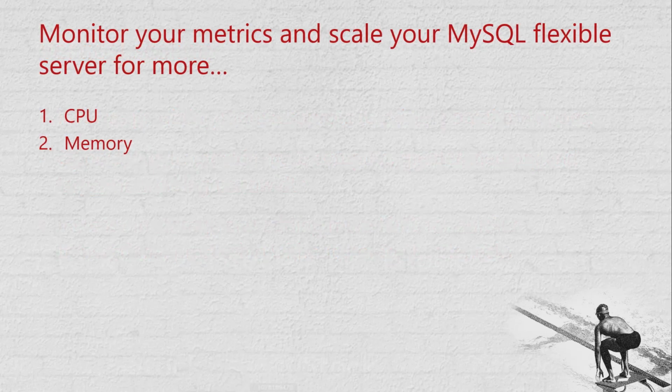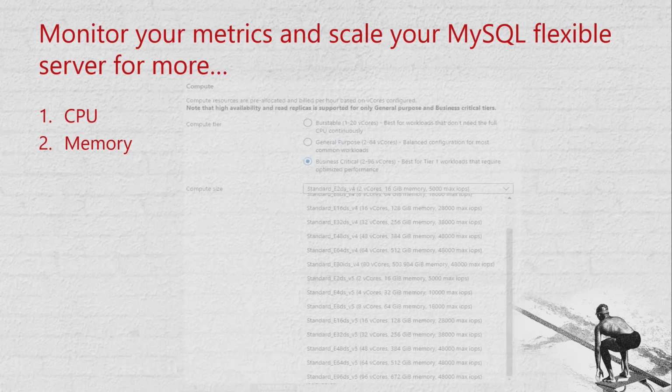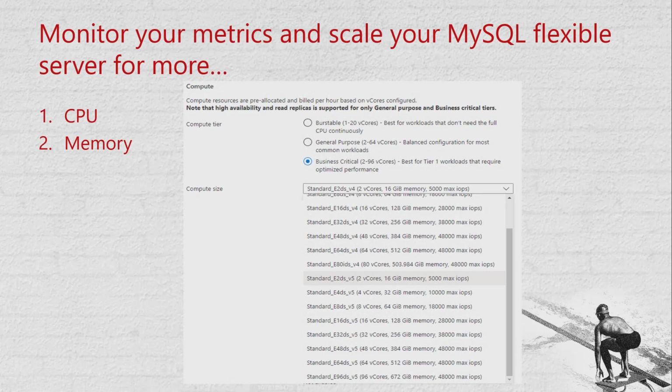So how does vertically scaling your MySQL database server nodes look like in Azure Database for MySQL PaaS offering? The very first thing that you can do is enhance the compute power as well as the memory for your database server nodes. You can increase your compute from a single core database server to up to 96 cores, which provides greater flexibility for customers to choose the apt instance size to tackle the application and the workload